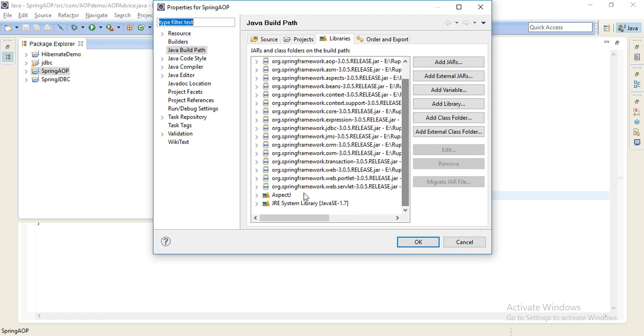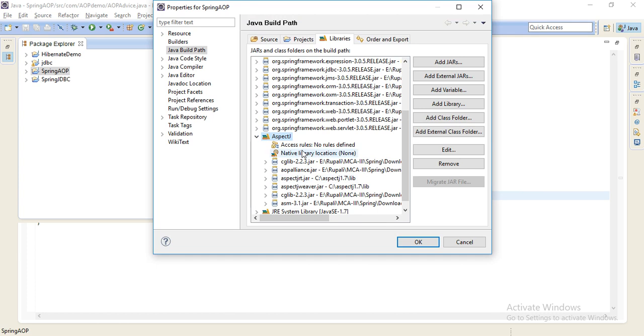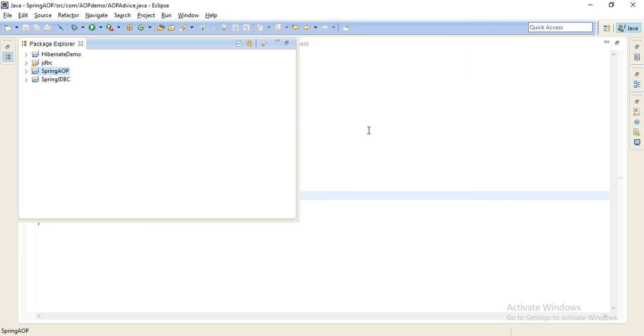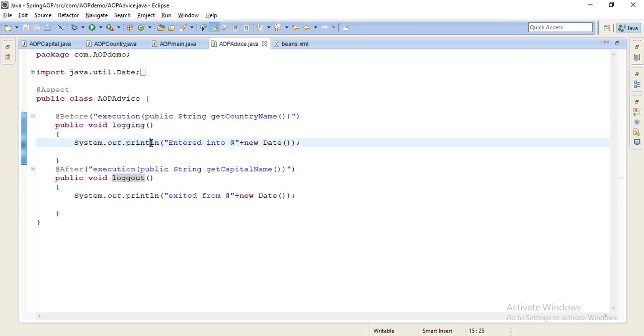Apart from this, you will have one more external jar file, AspectJ, where all these files are included. That is how aspect oriented programming is implemented using a very simple application, considering the cross-cutting concern, the logging one.